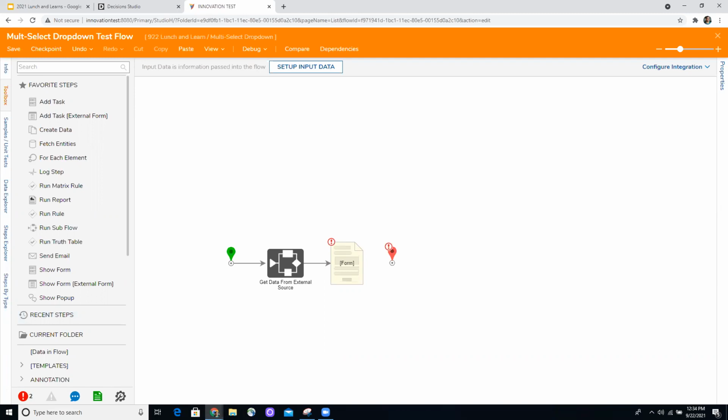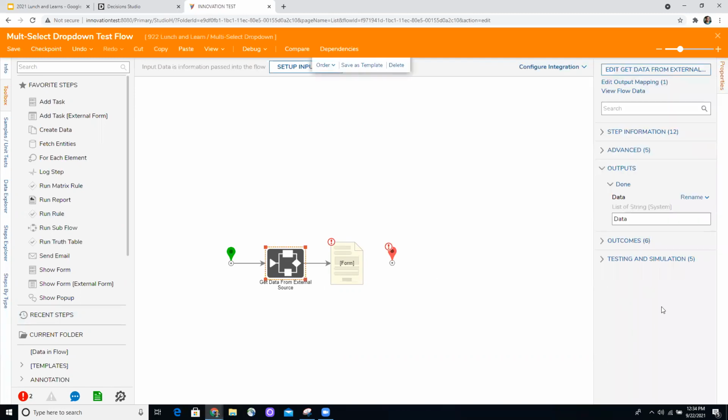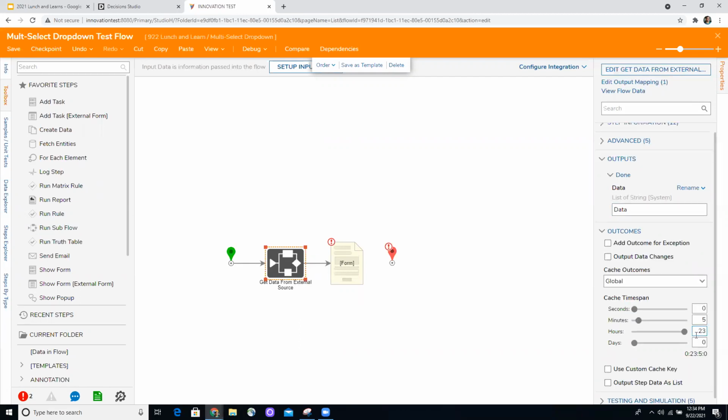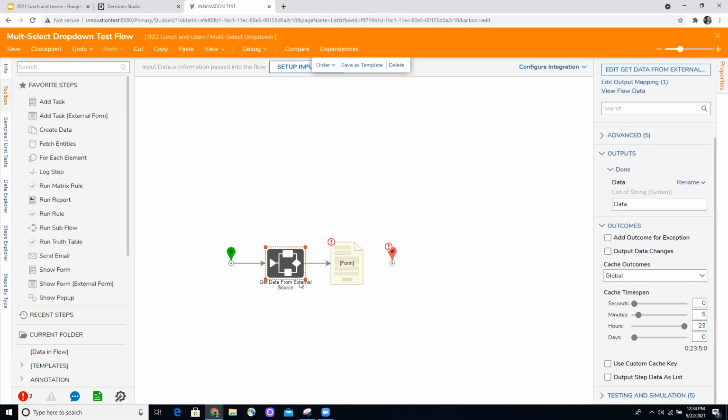So if you were to have this set, let's say for 12 hours, but the scheduled job ran for 24 hours, the first time the scheduled job runs, it'll grab the data, it'll pass the data to the form, and you won't have the issue with the performance hit. However, after the caching cycle has elapsed, because we have it set here for 23, just imagine this is 12, then the cache is effectively empty. So the next time you would run, this flow would actually run live at runtime. And then after that, subsequent executions for the next 12 hours would then contain that cache data. I believe so. Yes, that sounds about right.